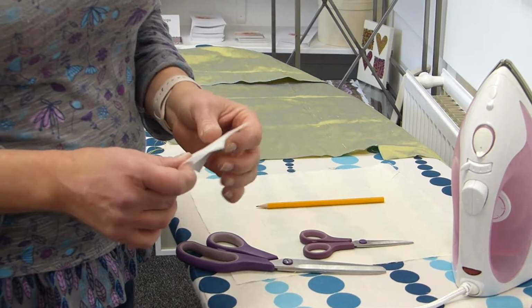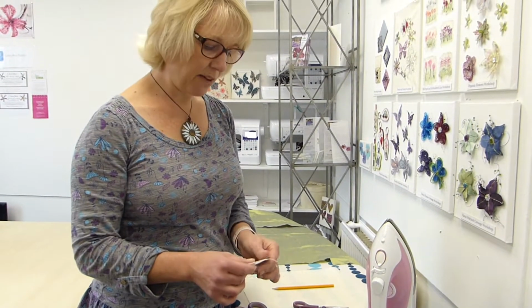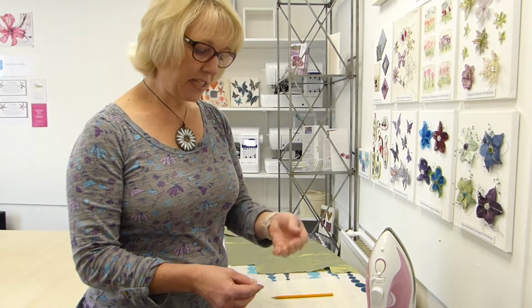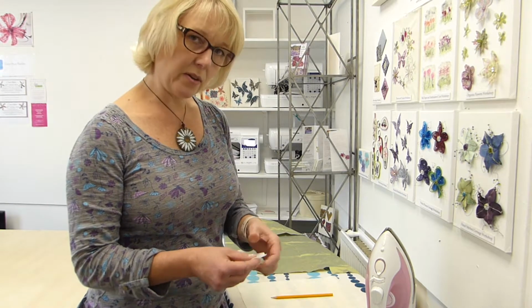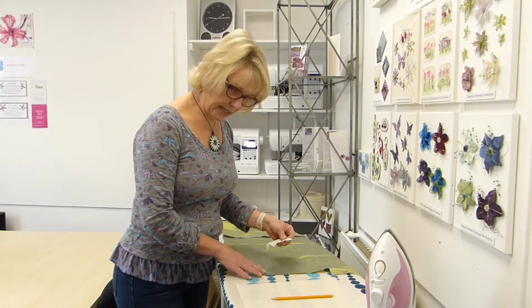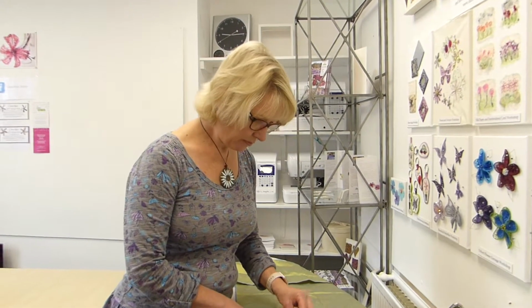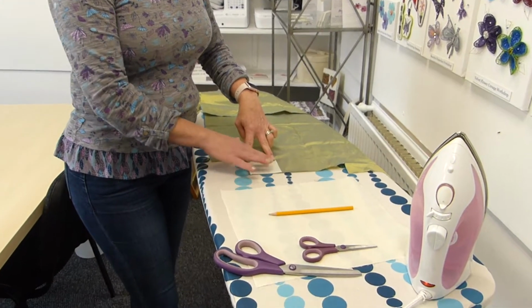When you use Bondaweb, just remember to iron it rough side down. So as I feel this now, I can feel that that's the rough side. This is the paper that's just holding, if you like, the Bondaweb. So I'm just going to iron that to my silk. So I'm going to place it close to the edge,